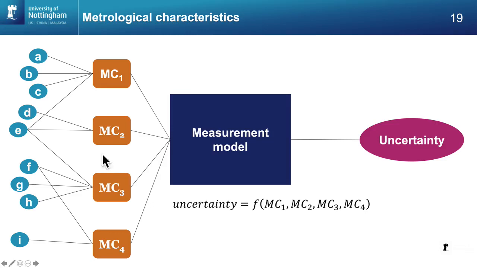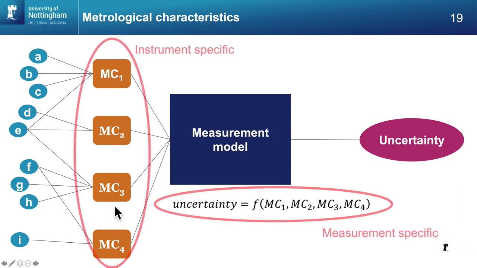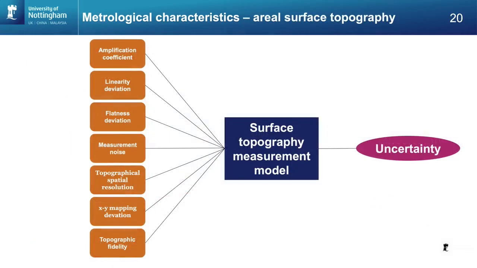So we've just shifted the balance to these, but these can be defined for every instrument to be the same, and I'll show you what they are in a minute. So those are instrument specific, although some of them turn out to be not just instrument specific, but instrument and measured surface specific. For example, the measurement noise we have to determine for the specific surface we're measuring. So you have to use the surface itself as a material measure. So we then propagate those through the uncertainty, and that's how it's done.